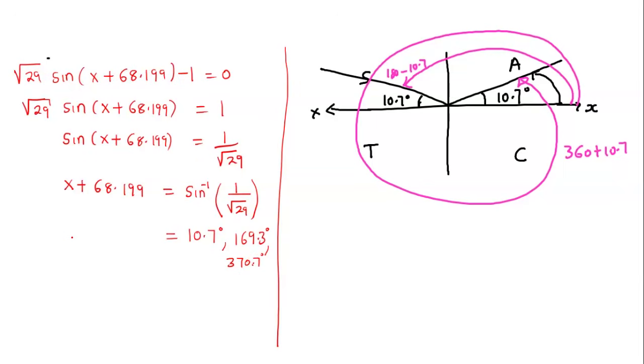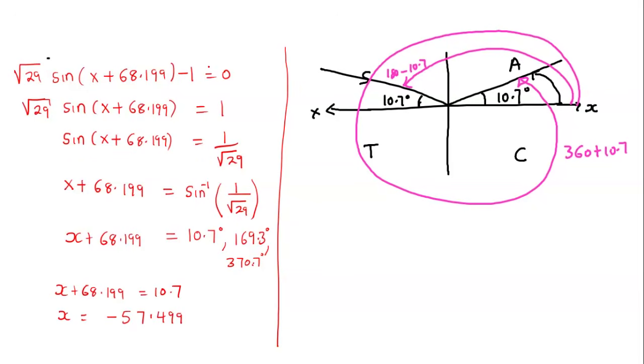Then remember this side, you still have x plus 68.199. And what are you interested in? You are interested in obtaining x. So that means now you're going to say x plus 68.19 is equal to 10.7. So here, your value for x is going to be 10.7 minus 68.199, which is going to give you a negative